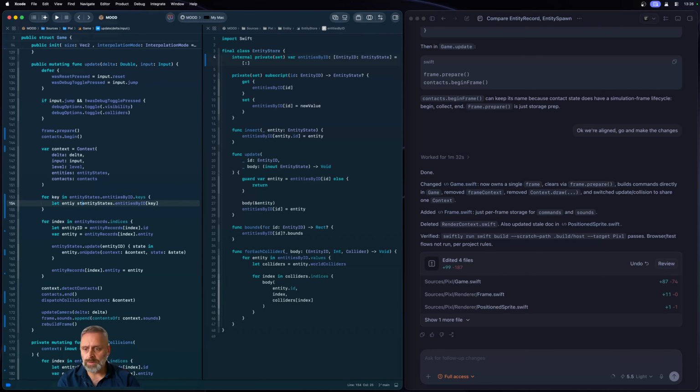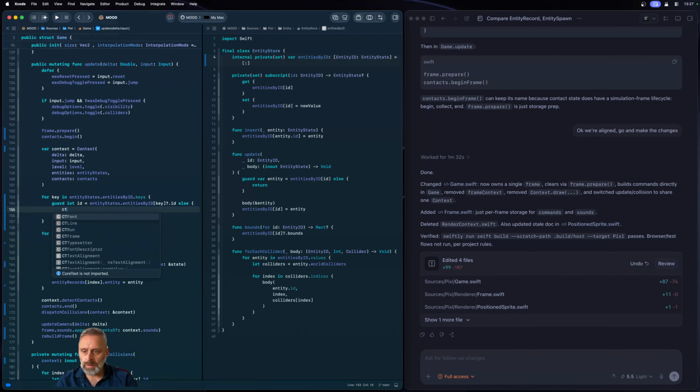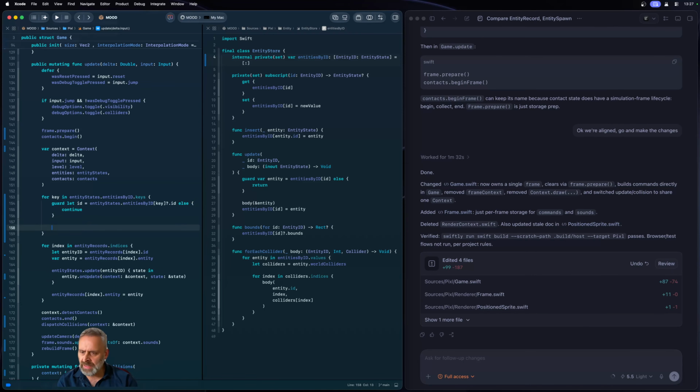Oops, I should say state is equal to this. I'm pretty sure that's an entity state. Oh no, that's the actual entity. Interesting. Entity records. Okay, but even then, I would just expect to do that. The optionality is a little bit annoying, but it's fine. It shouldn't never actually be. I probably need to. Can I do it? Oh, I think I can just do continue. And then here we want to say